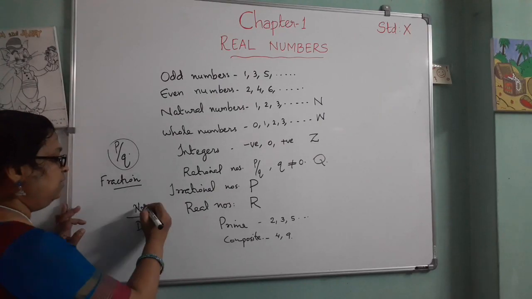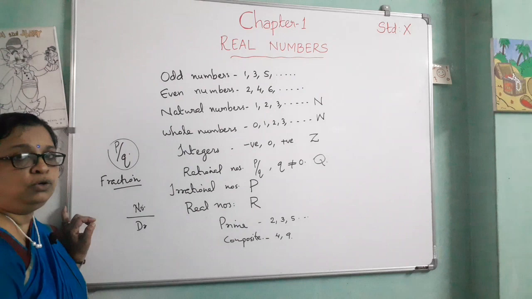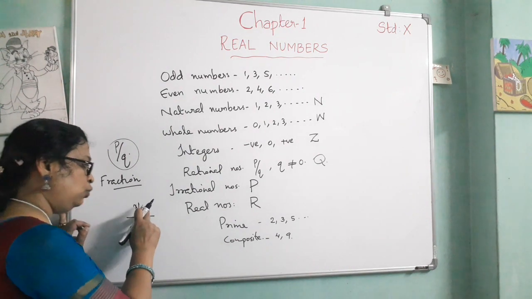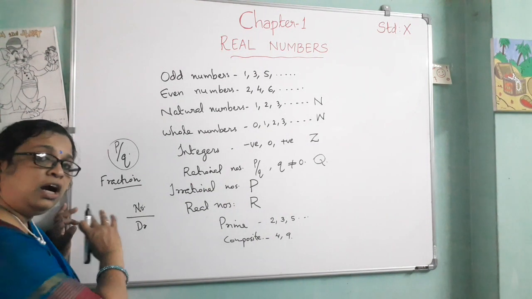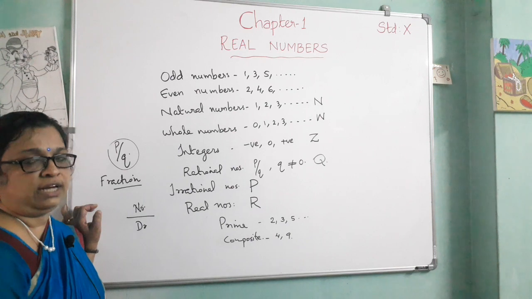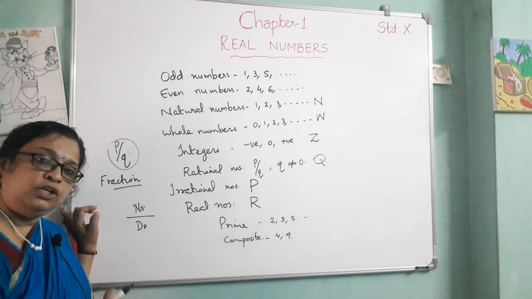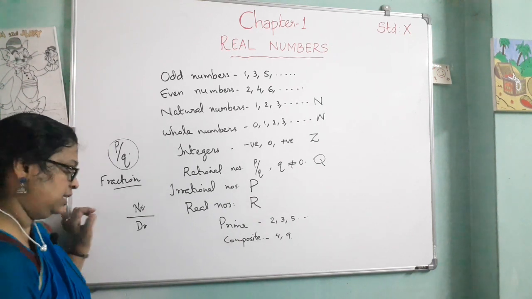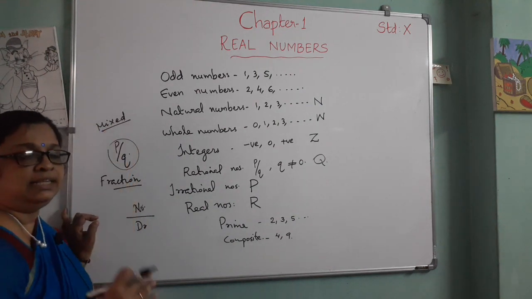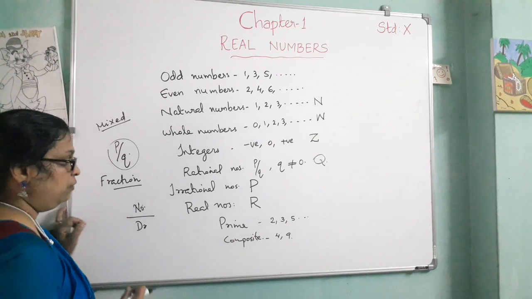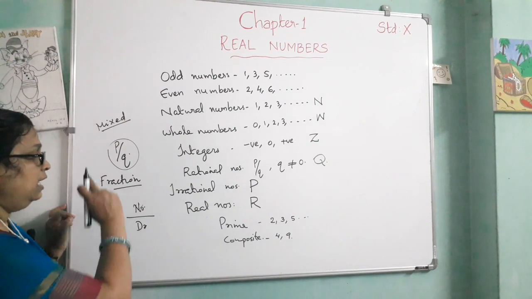So different types of fractions we also study. If the numerator is less than the denominator, it is a proper fraction. If the numerator is greater than the denominator, it is an improper fraction. And if the numerators are all 1, it is called a unit fraction. If the denominators are the same, it is called a like fraction, and if the denominators are different, it is called an unlike fraction. And then mixed fraction also. Mixed fraction, the name shows some mixing, that is a whole number and a proper fraction. That is a combination of a whole number and a proper fraction is called a mixed fraction.